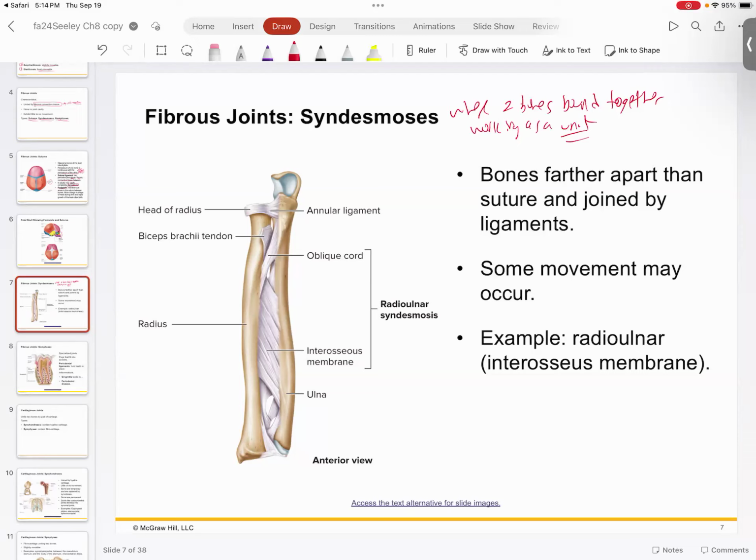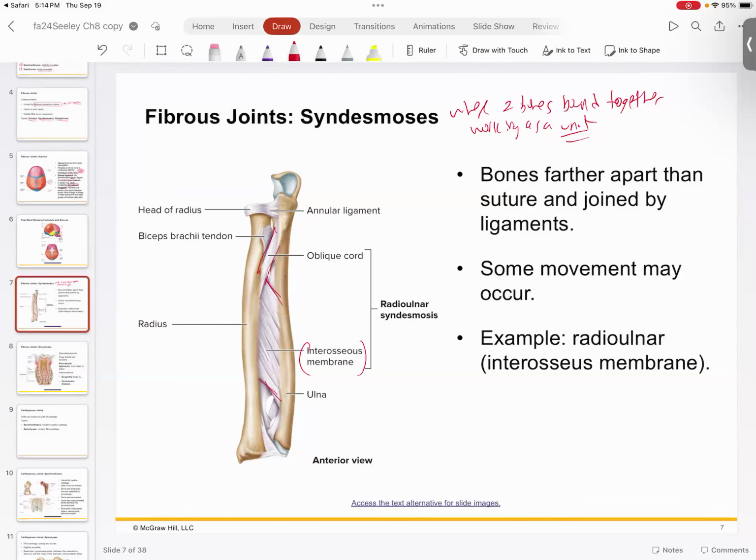So you can't suture them together because they're too far apart. So what you do is you use this connective tissue sheet, in this case called the interosseous membrane. So you have this large sheet of connective tissue that connects the ulna to the radius, and that kind of binds the two up. And then you have a couple of other major ligaments, for instance, the oblique cord, which ties the ulna to the radius,